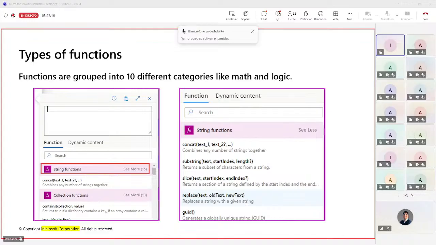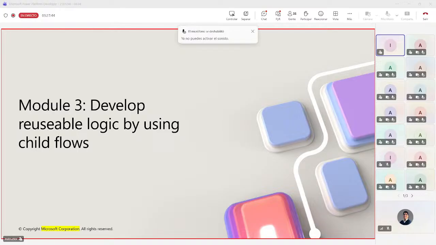So these are a few of the examples that you can leverage in terms of different functions for your dynamic content. And that's what the different types of options available are for us, right? Now let's also look at one last module, and that is related to developing your reusable logic by using child flow. This is the last topic that we have available,